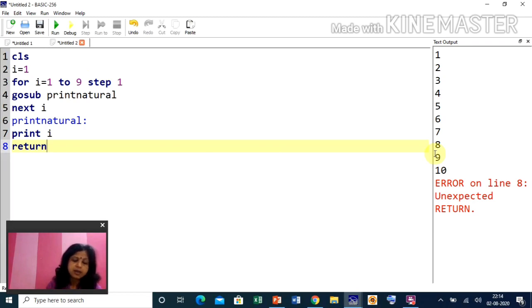Try to understand. Remember, if you cannot understand, open your previous class copy and try to understand the for loop. A for loop is easy. This is your initial value, this is your final value. Step means what the next value will be. So step 2, 3, and it can be negative also, no problem. GOSUB is the new thing we are learning, that is a subroutine. Previously we were writing everything in one place; instead, we are now writing GOSUB. What is the use of this, and why you write like this and what benefit you get, I will tell you in the next class.